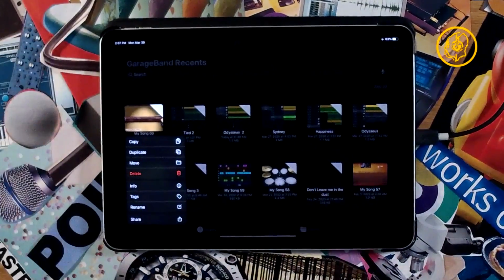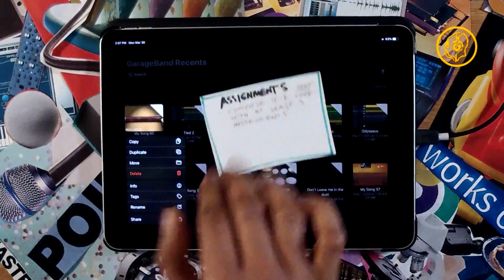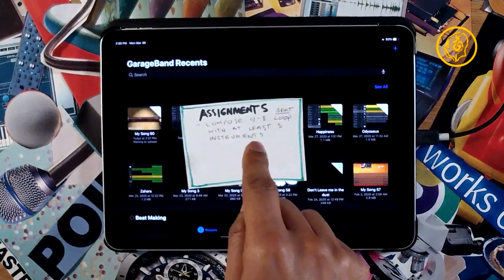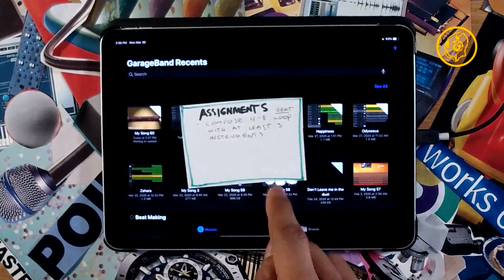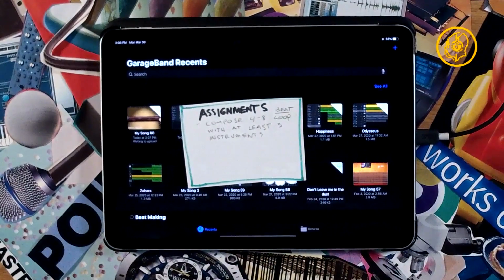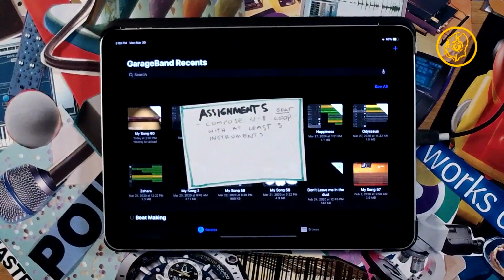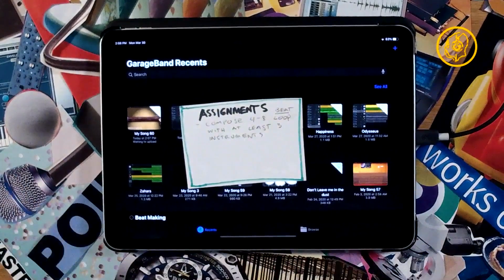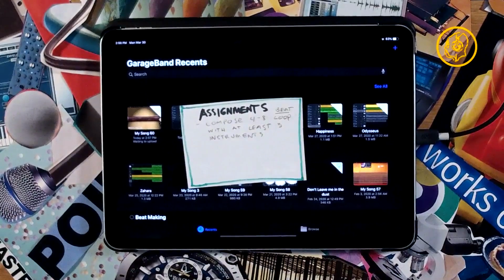Okay? The assignment for the day is I need you to compose a 4 to 8 bar loop. You got that? 4 to 8 bars. I particularly say 4 bars, but it's up to you. And I want you to use at least 3 instruments within that, okay? And I want you to make 2 different loops, right?